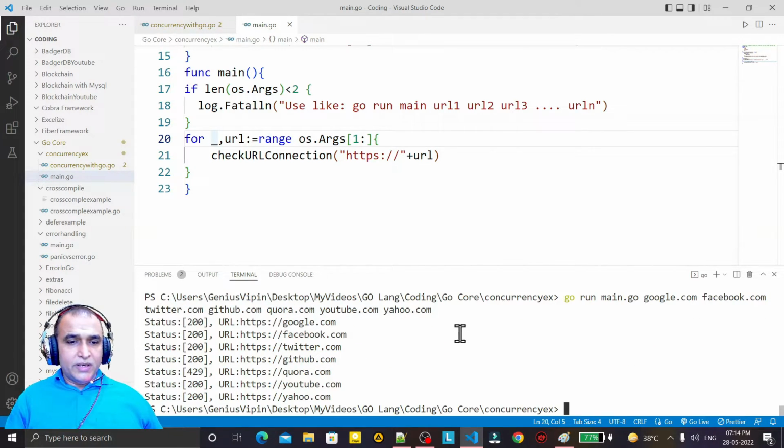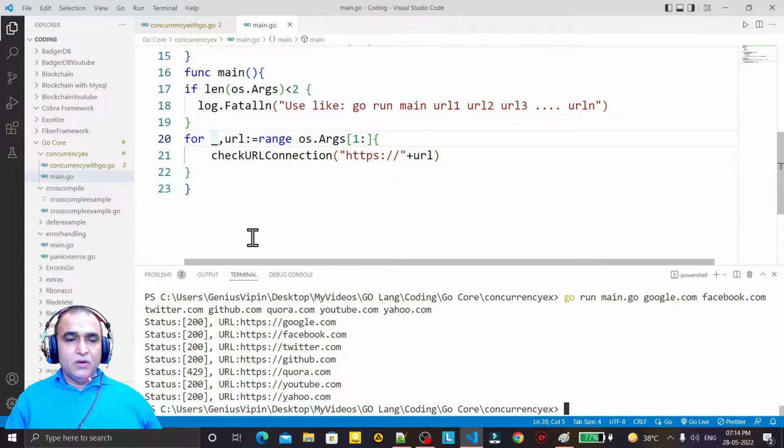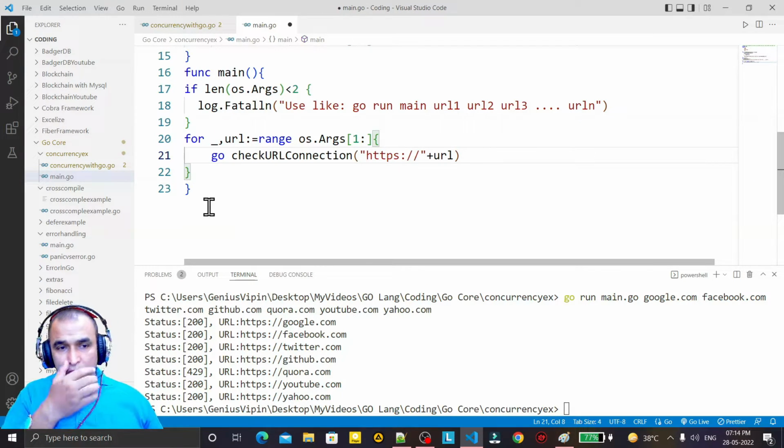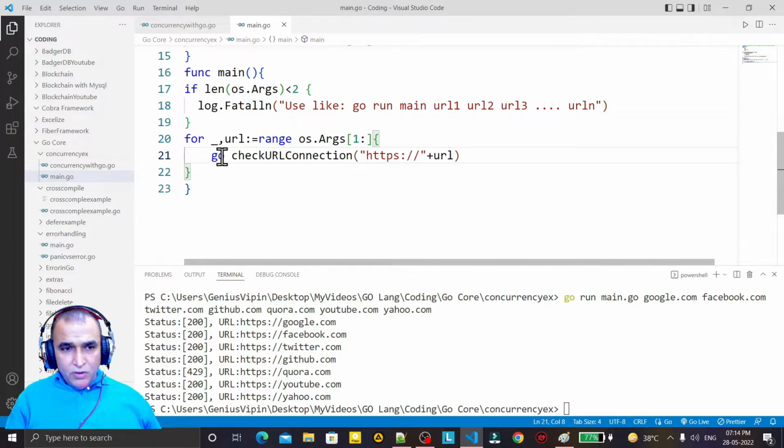See that the ordering is the same here because it's one task, performed by this application without using any Goroutines, without using any concurrency. Now to perform concurrency in your application, we just need to put go here. Remember that we need to put go here, and in Go language automatically this function will be converted into